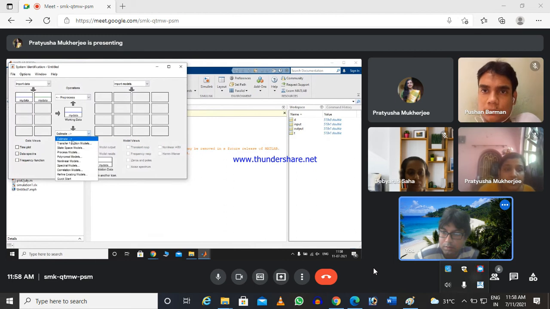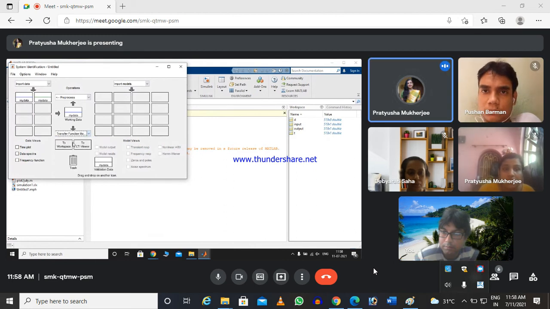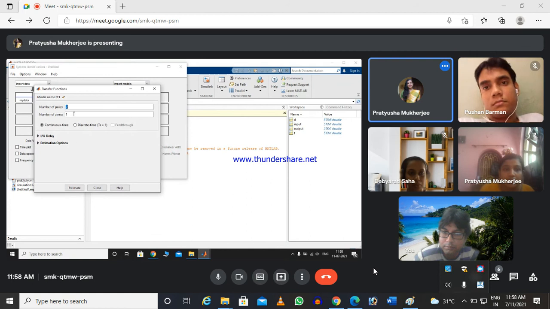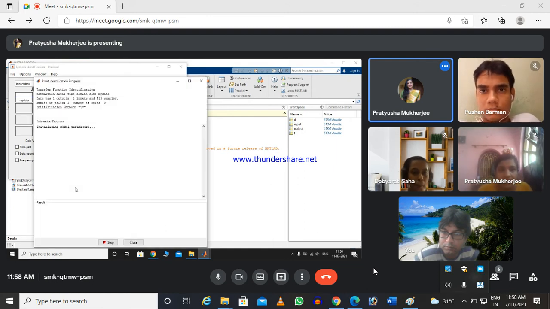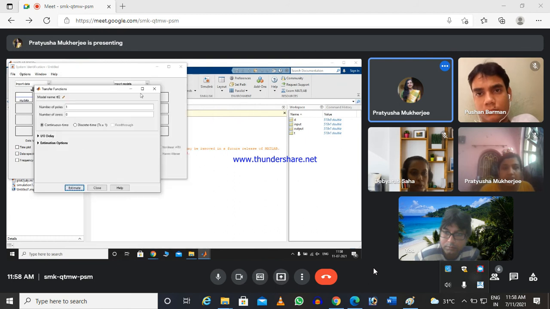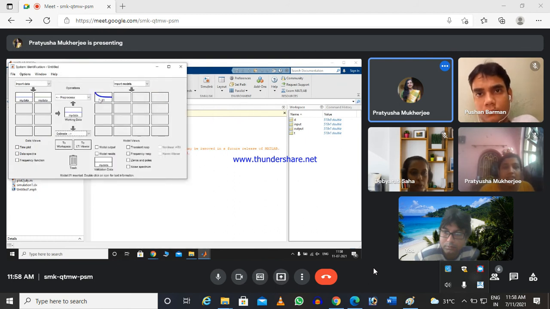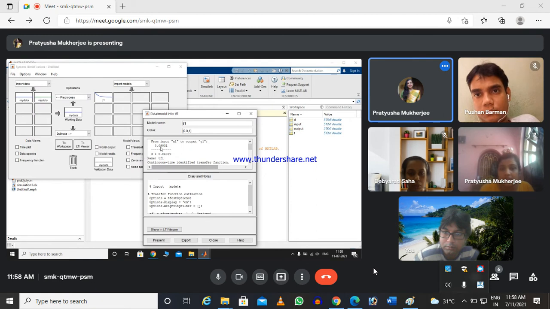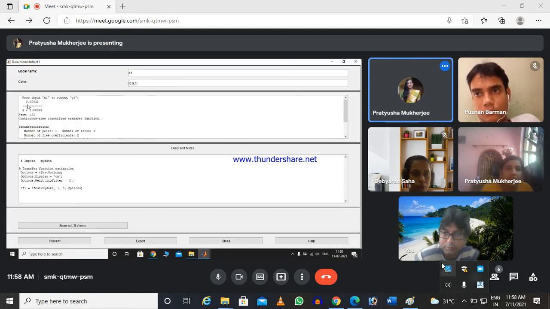Now estimate transfer function, 1 pole, 0 zeros, estimate. Close, and check: this is the transfer function I have for our output.